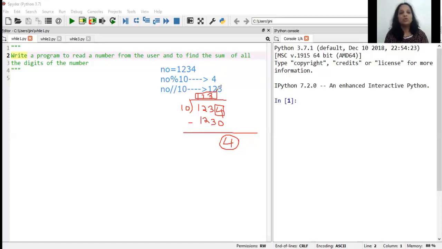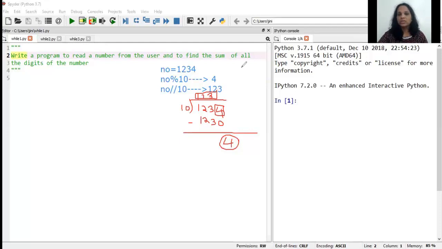I have given you a few examples here, and a few examples you will see later. So you need to know, anytime you have a number, let it be any number, when you do modulus of 10, it will always give you the last digit of that number. And when you do floor division 10, or I call it integer division 10, it gives me all the digits of the number except the last digit. Now, this is the logic I am going to be using for this particular program.